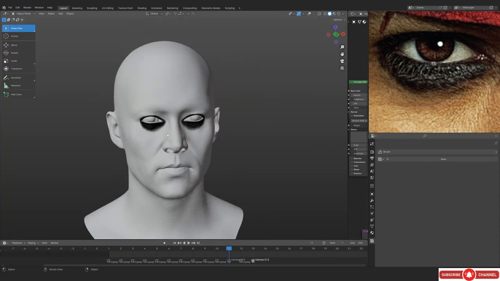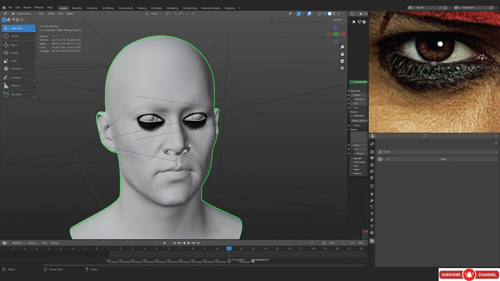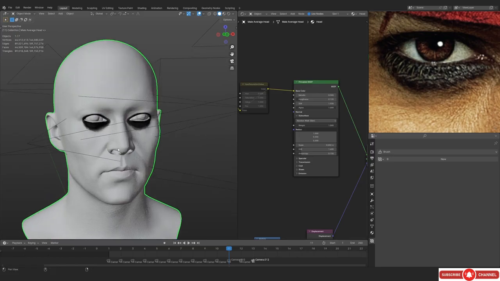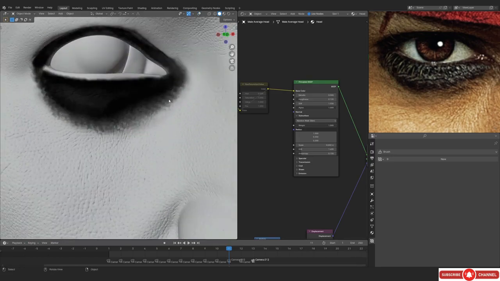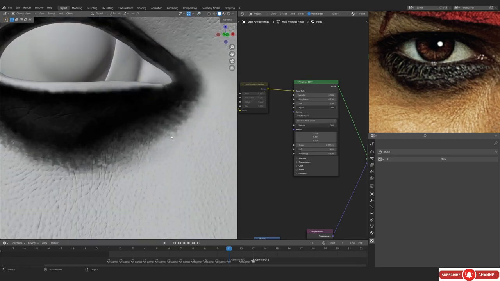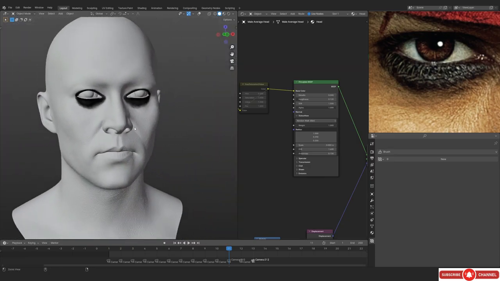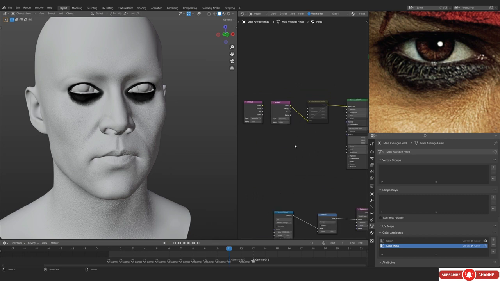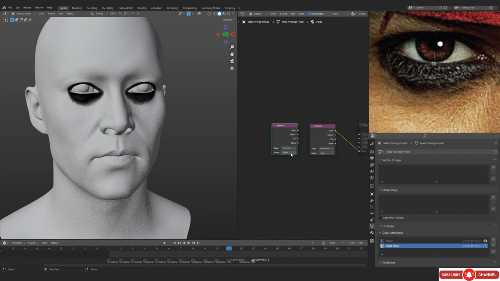Alright, so this is what we have, and obviously we have not created that stuff which I was talking about, adding the black mask in the crevices and the cracks, basically in between the skin. So yeah, I guess before we do that, we are actually gonna try to set up a shader to see how it is looking, and after that base shader, we can actually just continue doing the painting.